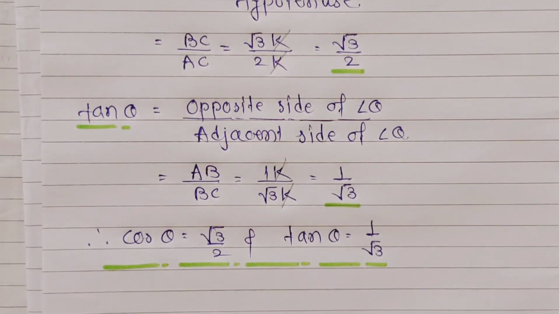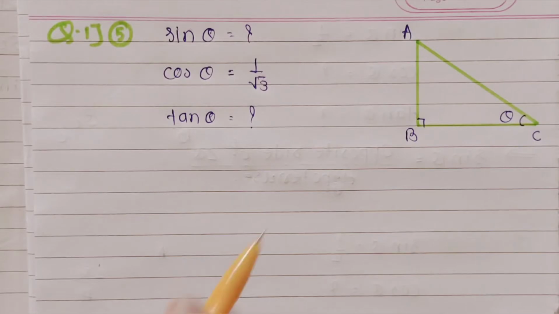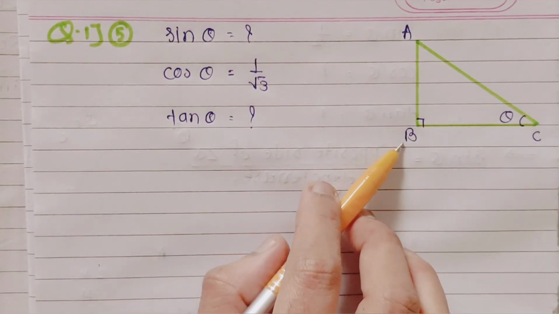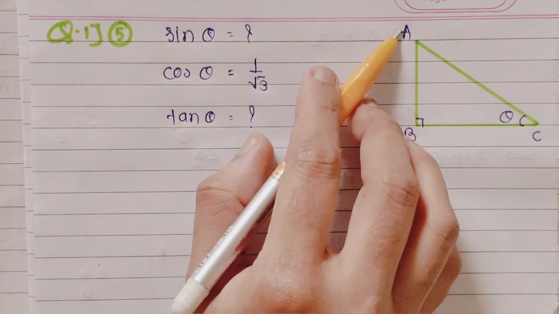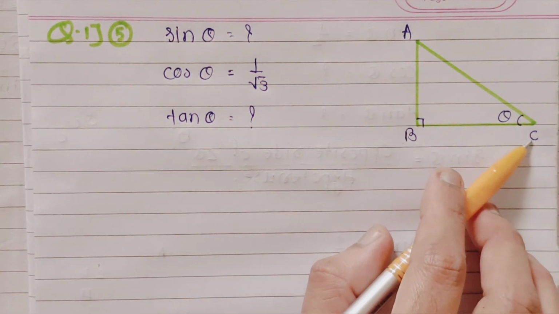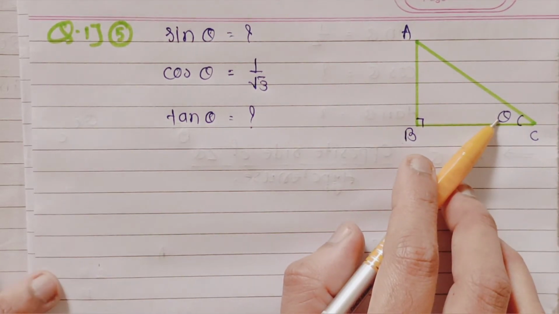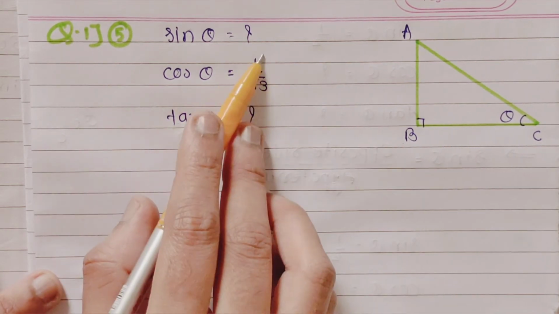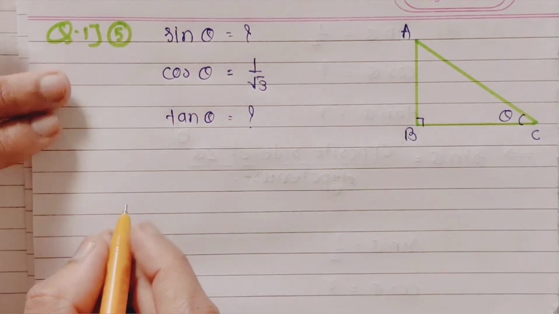Then next example. Fifth example, in triangle ABC, measure angle B is equal to 90 degrees. That means AC is the hypotenuse and angle C is equal to theta. So given information is cos theta is equal to 1 upon root 3. So we can write cos theta,